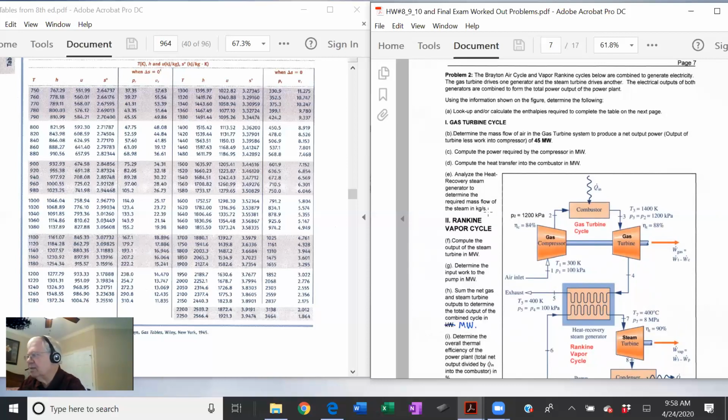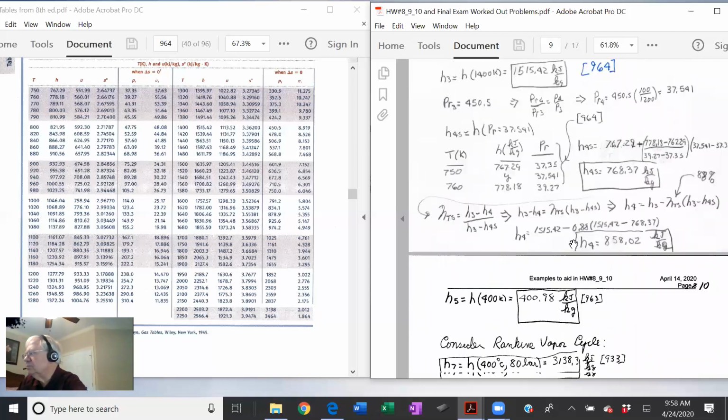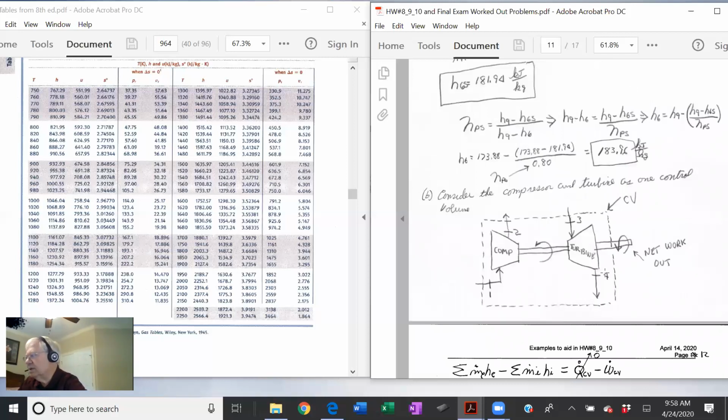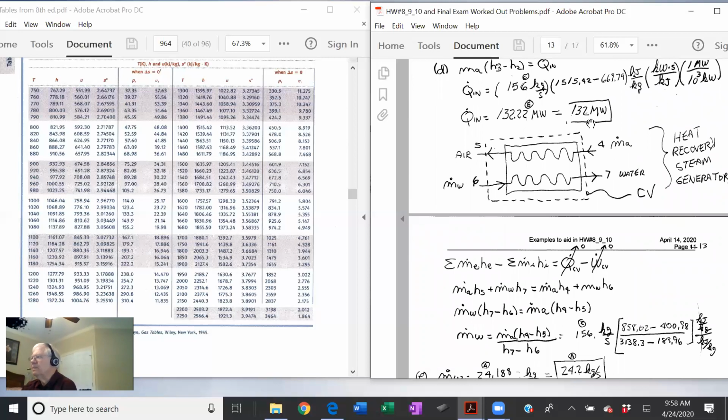So let's go to that. Here it is. No, that's the net turbine file. Here it is. So we draw our control volume, and we've got mass of air coming through here, coming in